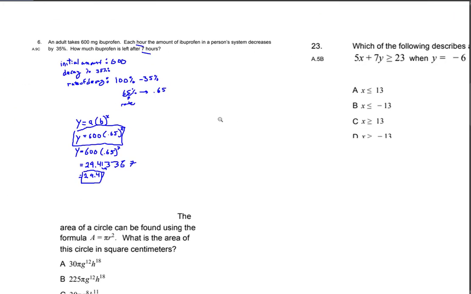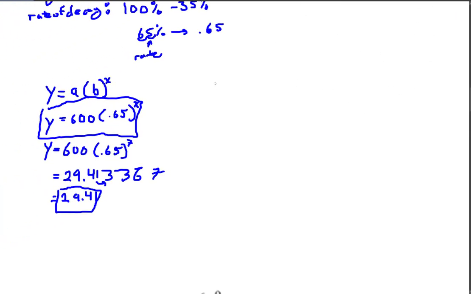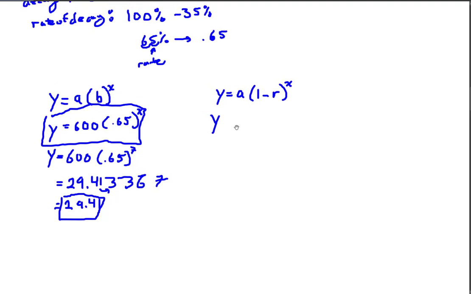Oh, by the way, there's another way you could have done this one. Let me go ahead and show you that real quick. You could have also done, remember, sometimes B is split up into 1 minus R, right? 1 minus R to the X. And so you really could have done it like this too, where you had